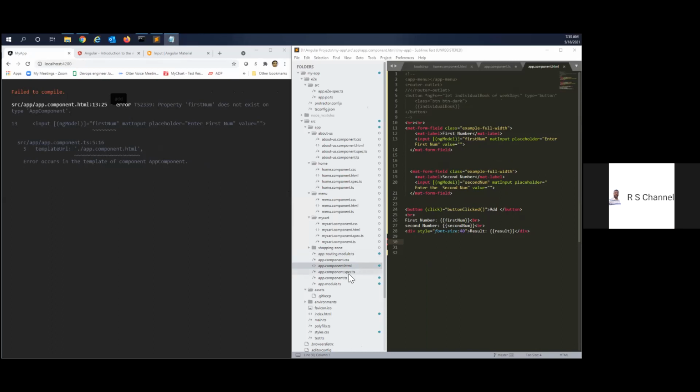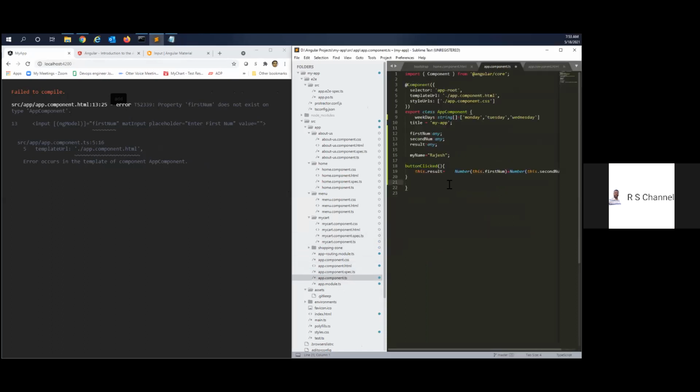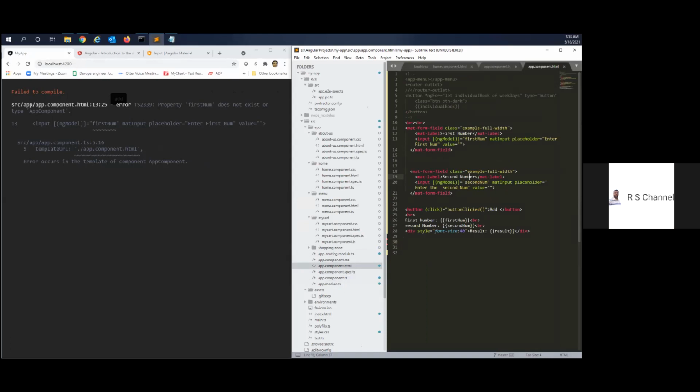It is not there in the TS. That is the error. If you go to TS, the first num variable will not be there. You didn't save it. There is a dot in the file. No, the TS file you didn't save. You see in the TS, there is a dot.